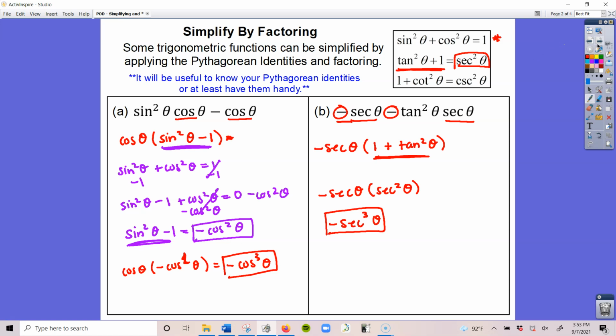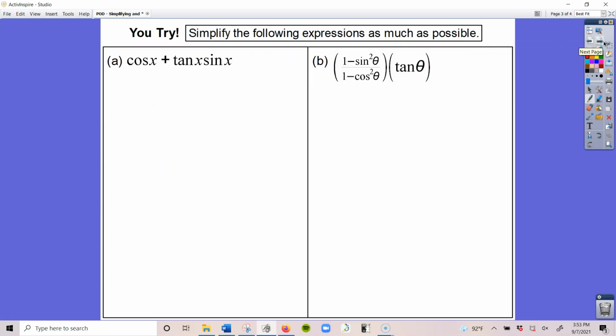Now let's just practice a couple more examples. Here we have cosine x plus tangent x sine x. So we're going to first try to rewrite everything using only sine and cosine. This is already cosine x plus tangent, which is sine x over cosine x, times sine x, which I'm going to put over 1 so that we can multiply this out. So this gives me cosine x plus sine times sine is sine squared